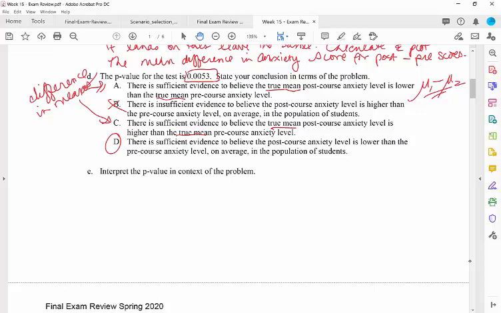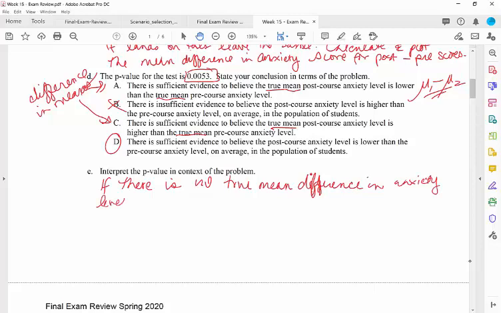So thinking about what we're looking at here, if our null is true, if there is no true mean difference in anxiety levels for post-test minus pre-test scores, then if our null is true,